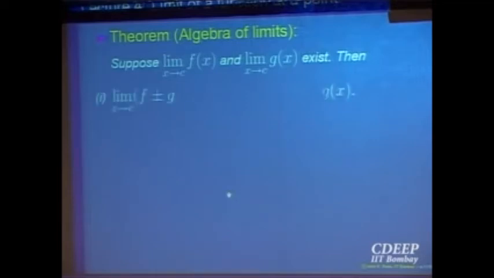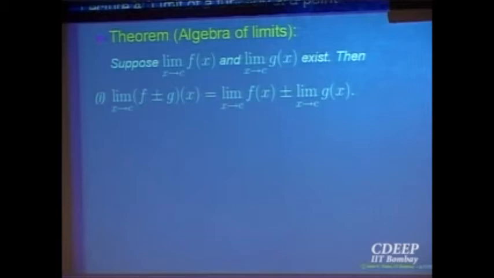So the first says that for f plus or minus g, the limit exists and is equal to the limit of f plus or minus the limit of g. And what will be the proof of this? To prove this statement, how will you prove it? Can you verbally say the proof? First of all, f(x) is converging, g(x) is converging, and you want to show that f plus g is convergent. So we want to show that f plus g has a limit at the point c. Okay?